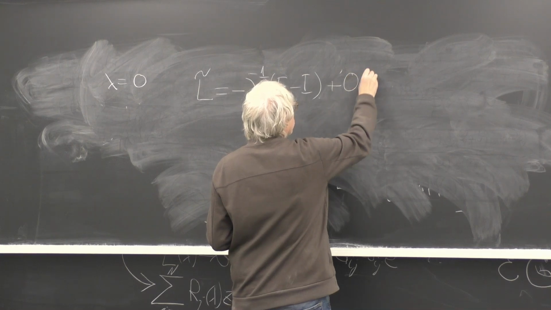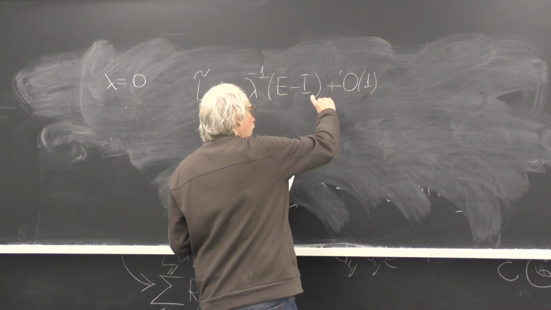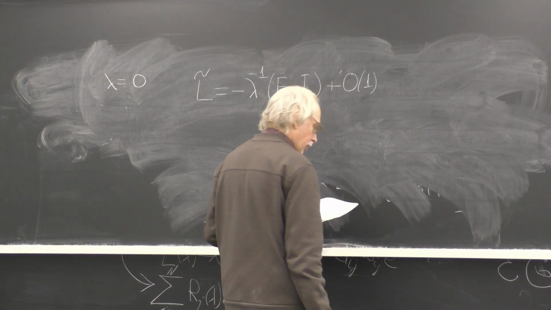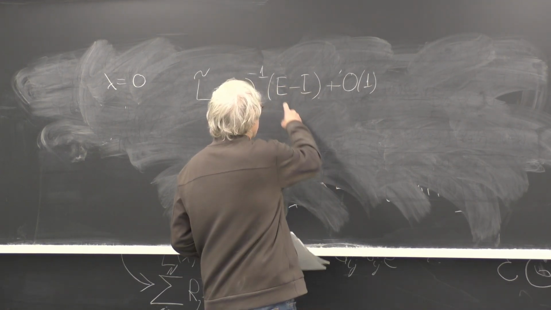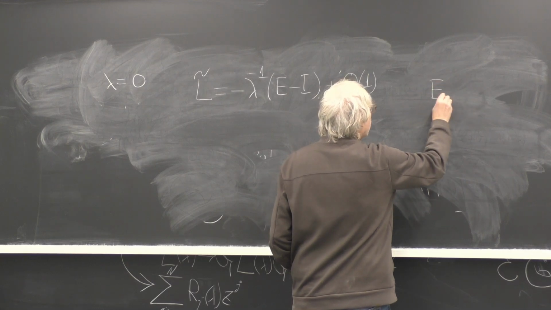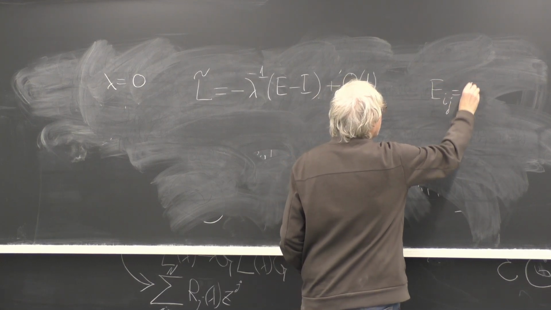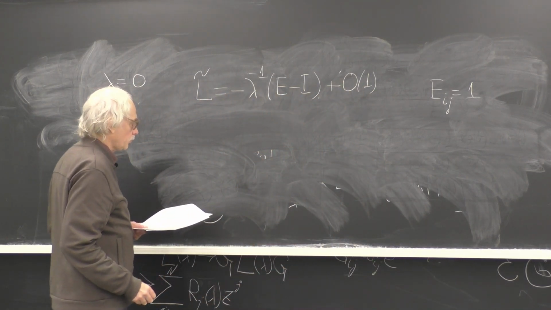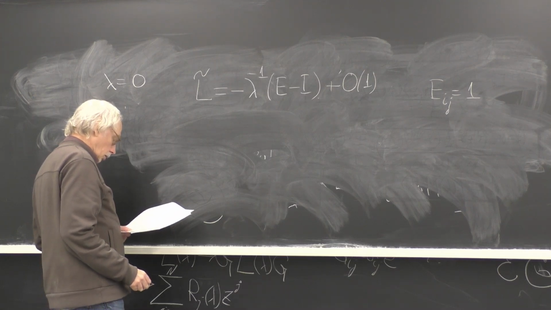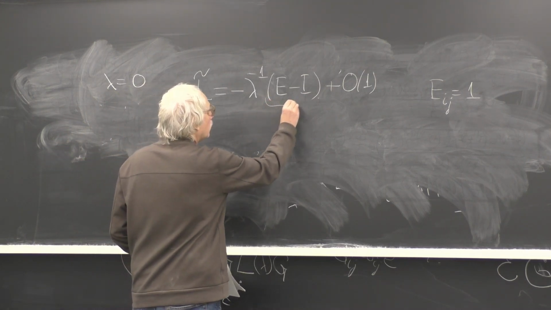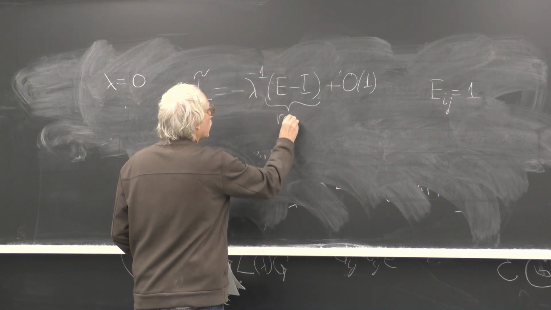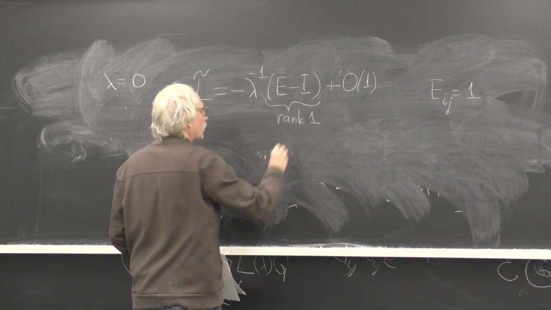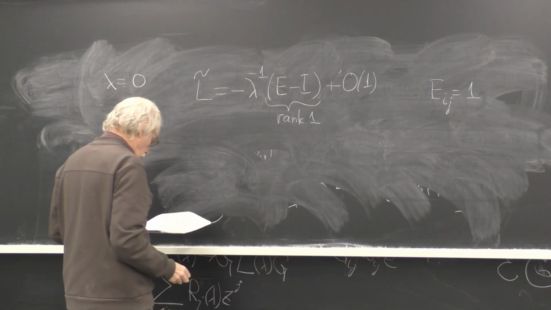So this is the singular term, and after that, there is some regular expression. And this matrix E is the matrix with all matrix elements equal to 1. This is a rank 1 matrix which has